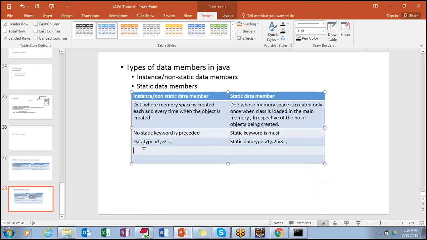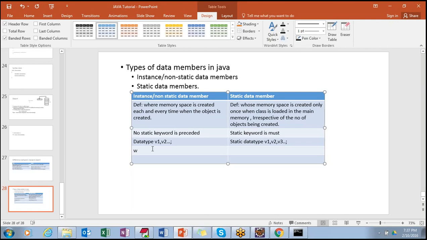Okay. The accessing of these instance data members is only possible with the object.